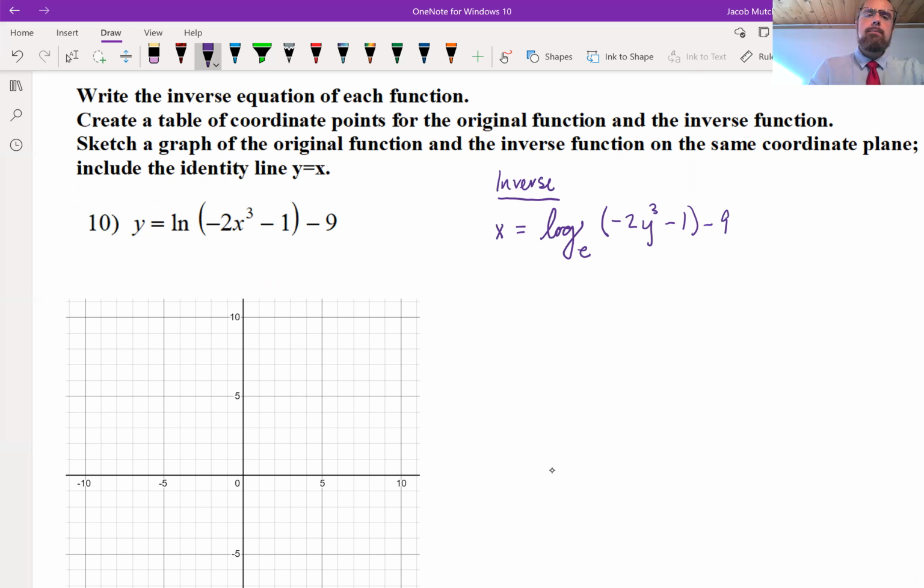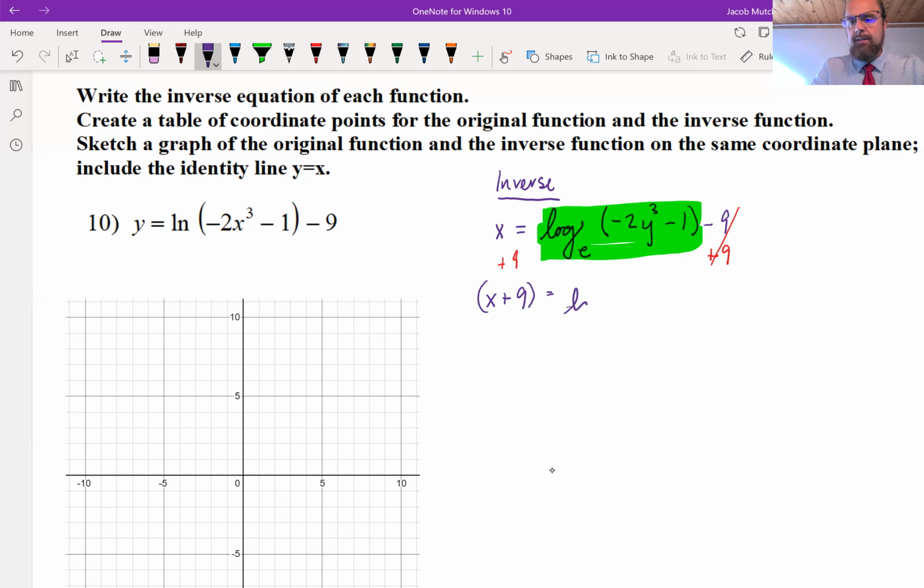So that's got some doing there, because really I've got y buried in a lot of pieces. But the piece that I need to kind of mind before I make that transition over to an exponential from the logarithm is this log base e of negative 2y cubed minus 1. I need to get that by itself first. So I'm going to start off by adding 9. And so what we've got is x plus 9. Put parentheses because that's going to hang together in the conversion, equals log base e of negative 2y cubed minus